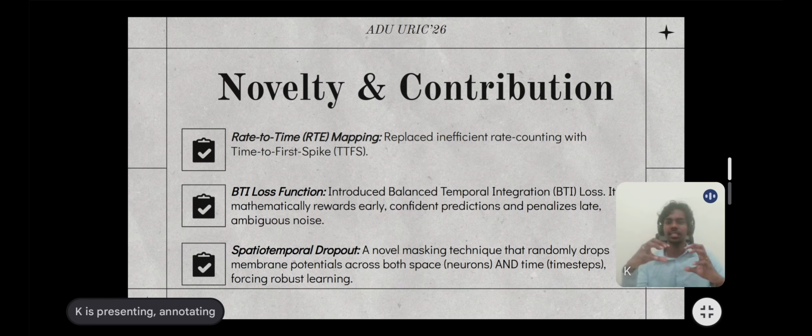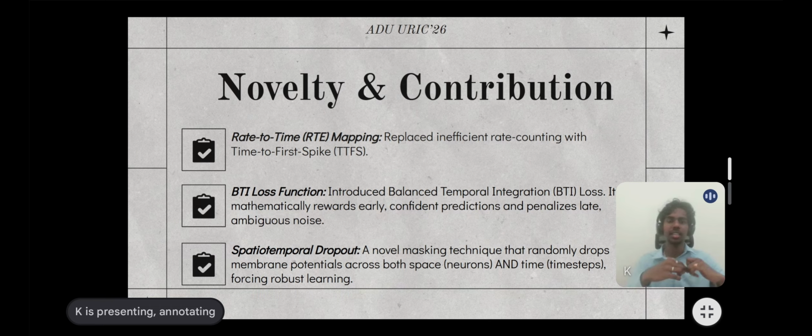So this creates a way such that the early noises, or the early ones that come in, which are correctly guessed, have more preference over the others. Next is the BTI loss function. So we have introduced a novel function for the loss metric. Here we take care of the rewarding part, where we check that the first ones are actually rewarded, while the noises that come in later and aren't accurate are penalized, so that we can actually get better accuracy over each round.